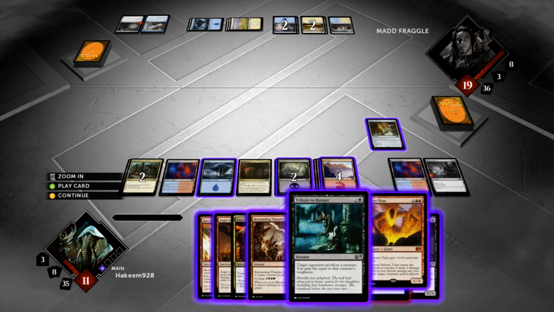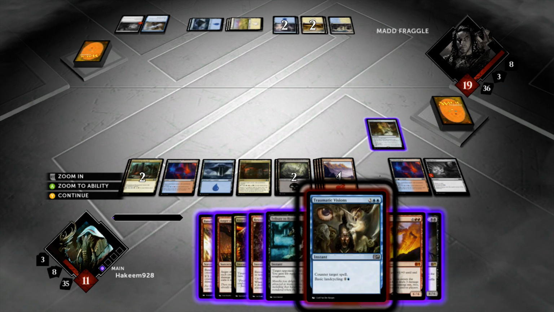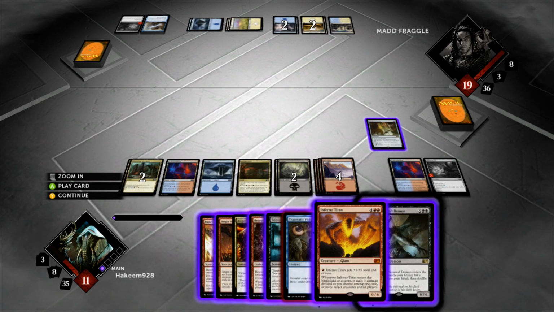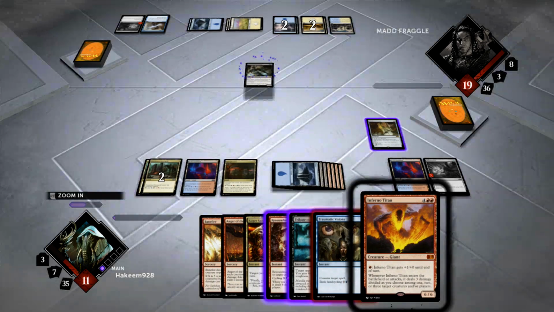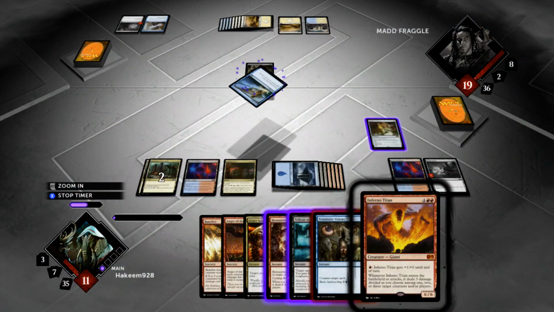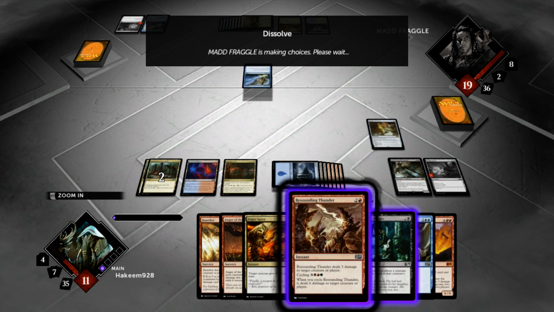So Inferno Titan is here. Runescar Demon though. How much mana do I have? 8 out of 11, so this leaves me with 4. Yes, that's fine. Is he gonna counter this guy? Yeah, he's gonna counter it. Okay. I'm cool with that. He's down to 2 in hand, and like I said, I got a full grip here, so